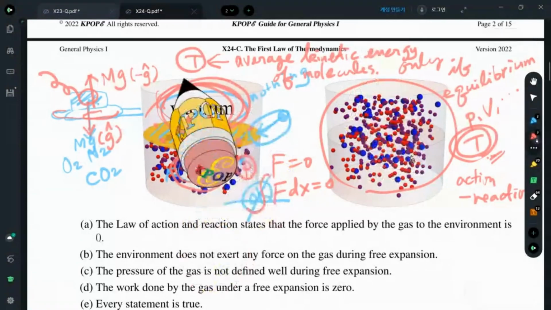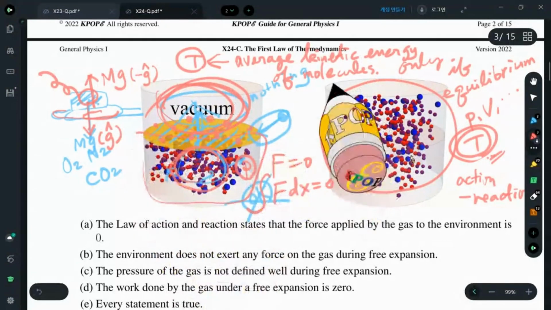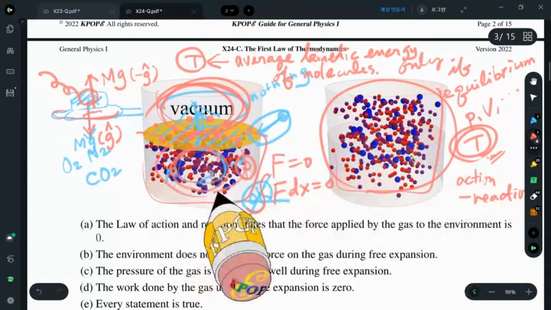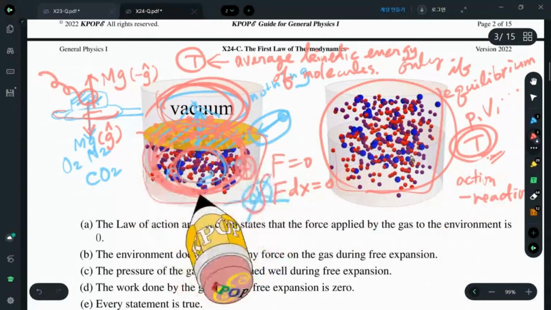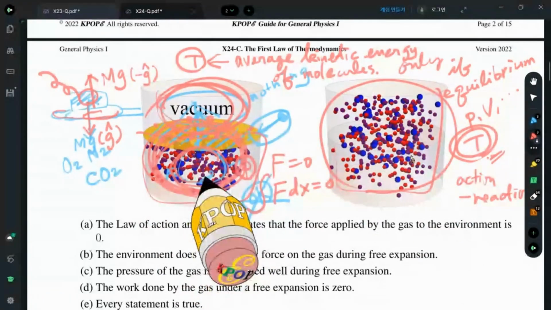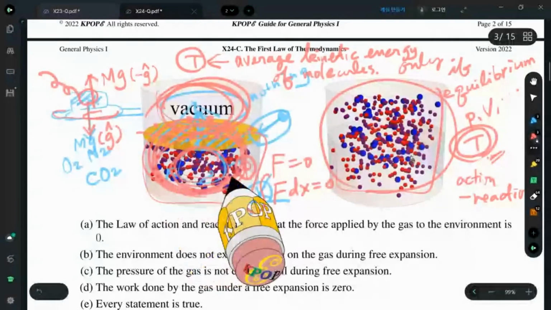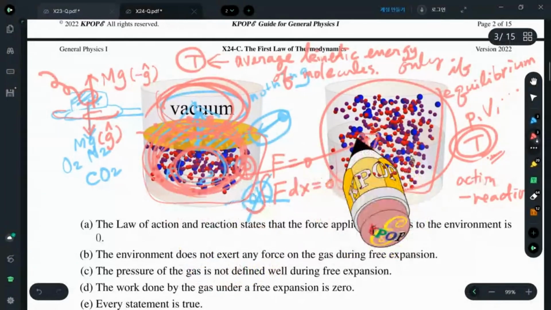There is no mixture at all from the beginning until the end. These molecules do not change their own kinetic energy at all. So average kinetic energy should be the same during the whole expansion process,